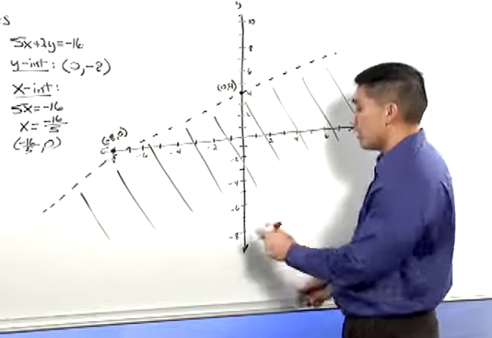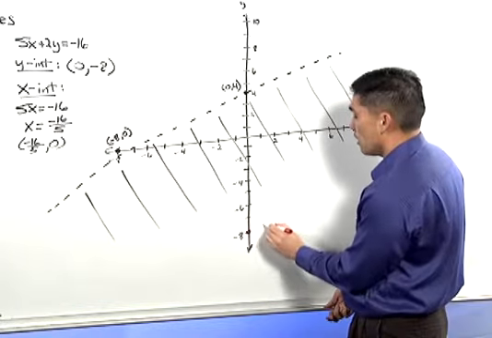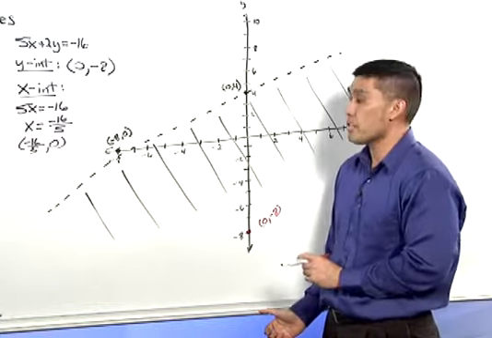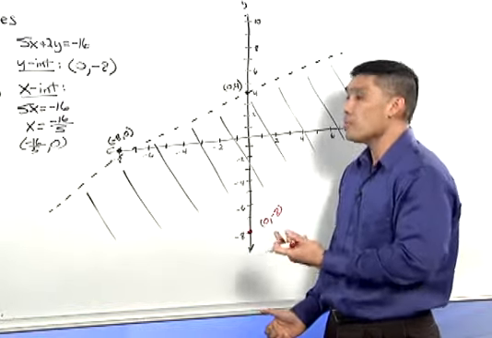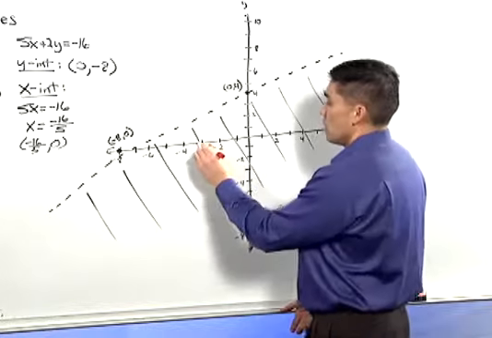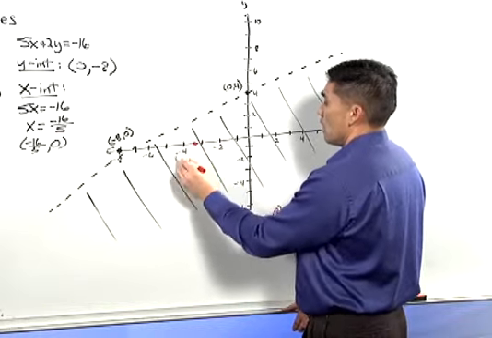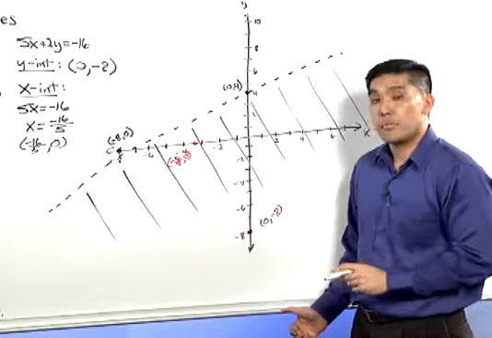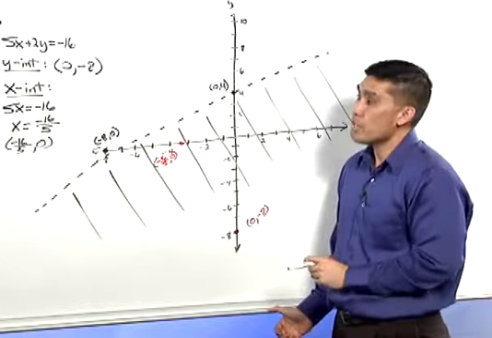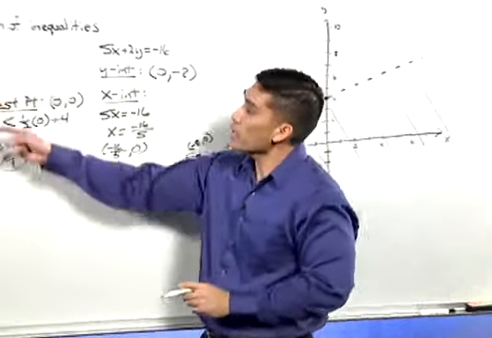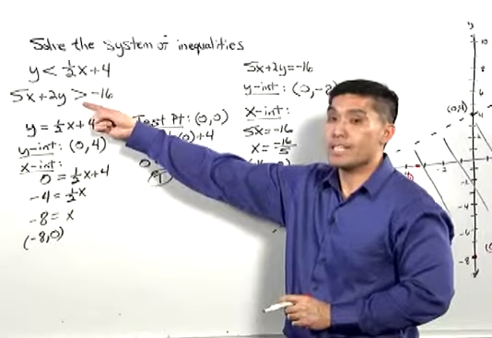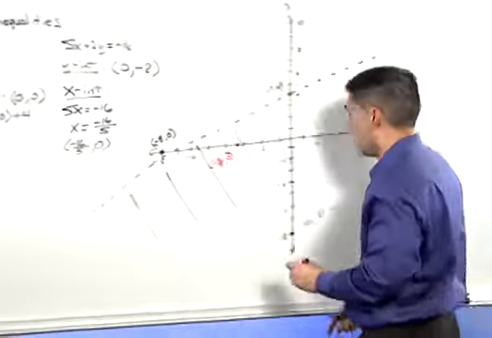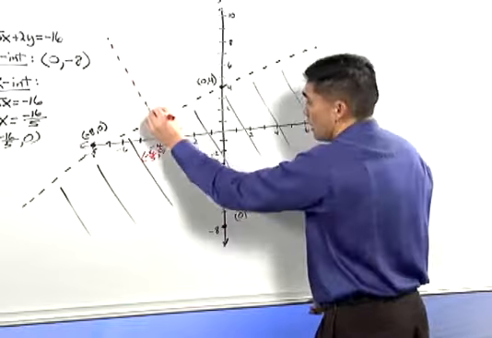The y-intercept is 0, negative 8. The x-intercept is negative 16/5, which is approximately a little more than negative 3. Once again, before we draw a line through these 2 points, notice that the second inequality is a strictly greater than. Therefore, the line must be dashed. Making the dashed line,